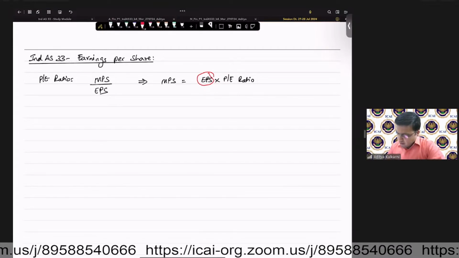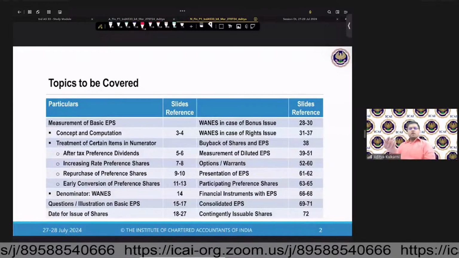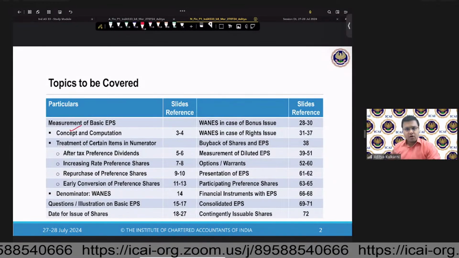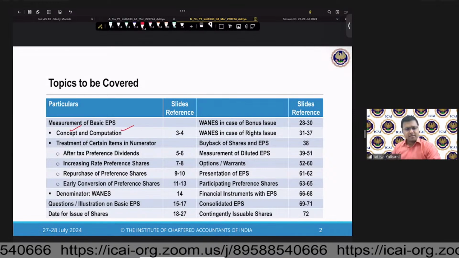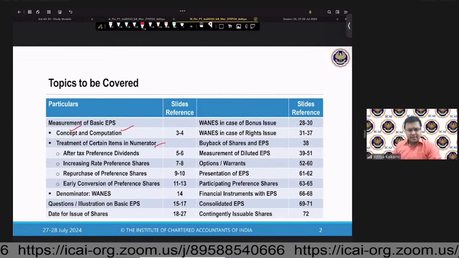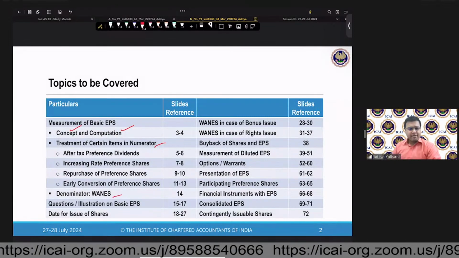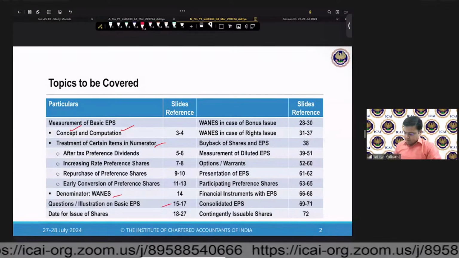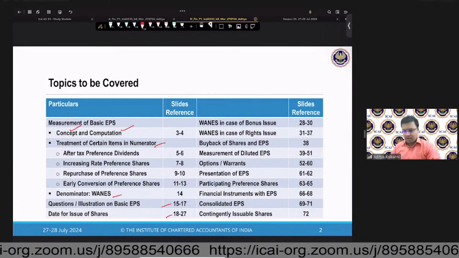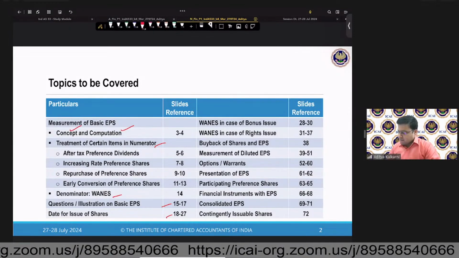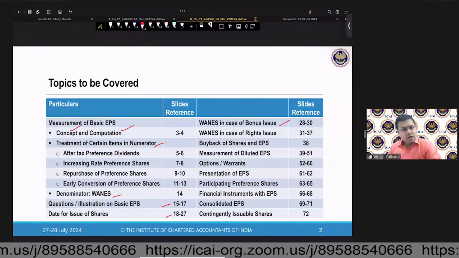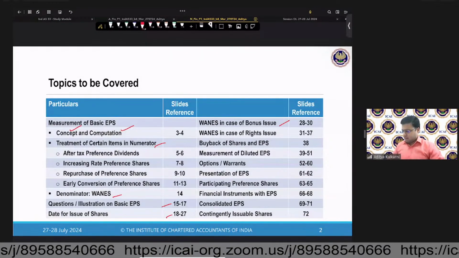So coming to our presentation, what we discuss is the concept of EPS, already explained, computation, simple formula, treatment of certain items in the numerator, denominator, weighted average number, questions on basic EPS, what is the date for issue of shares we'll be covering today, what is my weighted average number in case of